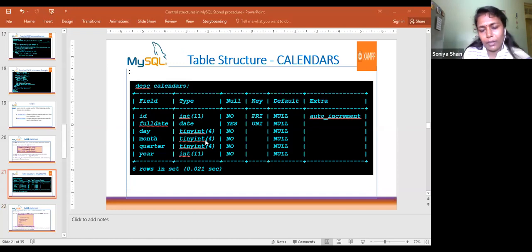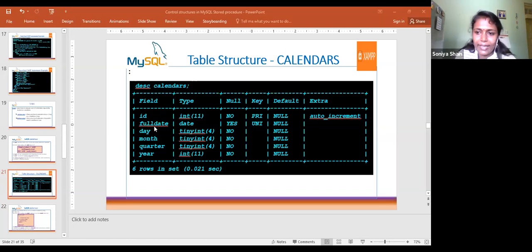Here I am taking the example of generating a calendar. For that, I created a table named calendar. It has automatic ID generation, so there is no importance to that ID.